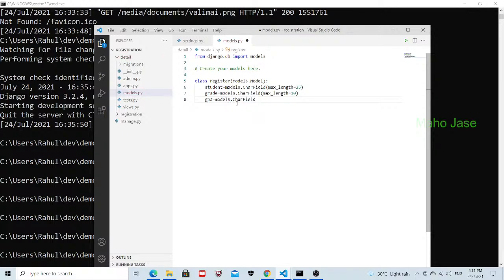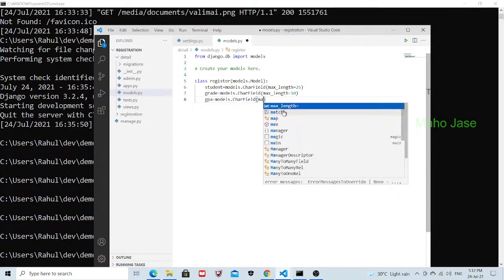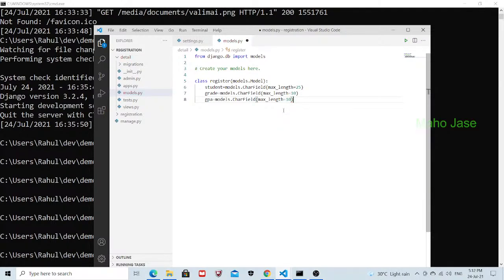So I will create models dot CharField of max length equals to 10. Currently we have created three fields to take the student name, grade, and GPA, and also we need to take